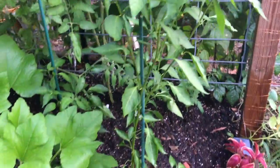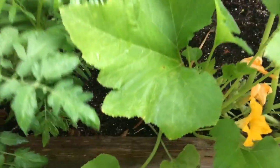Anyway, so we've got some peppers growing. These are either yellow or white scallop, little patty pans. And this is the other one, not really sure. It's either yellow or white. And look, I've got some